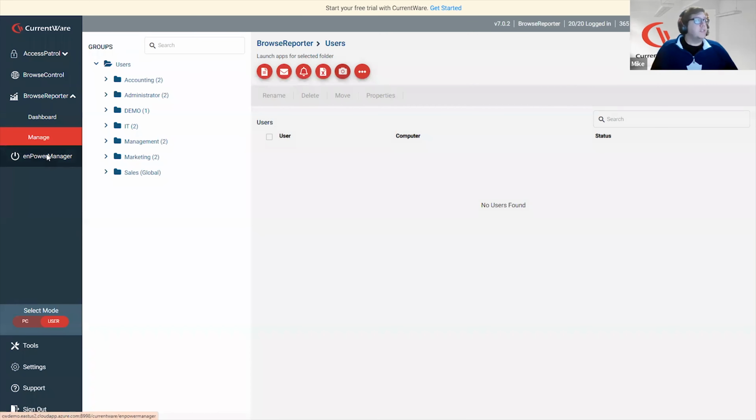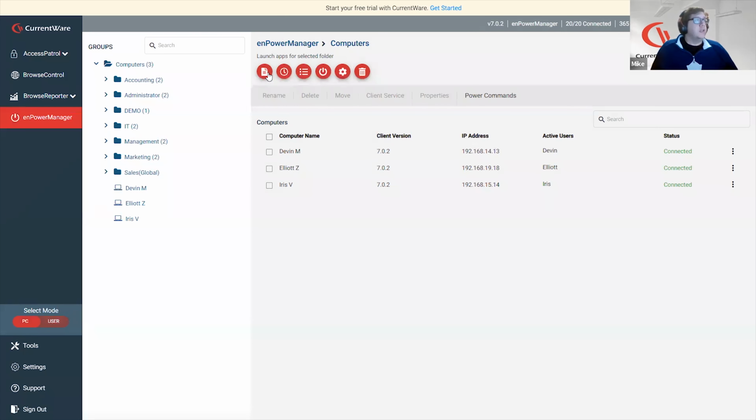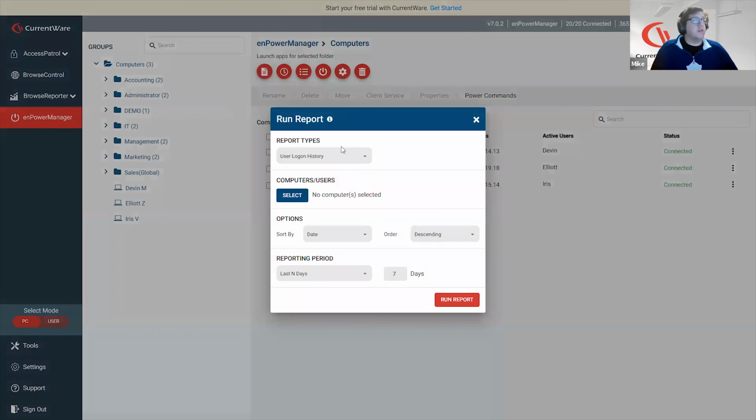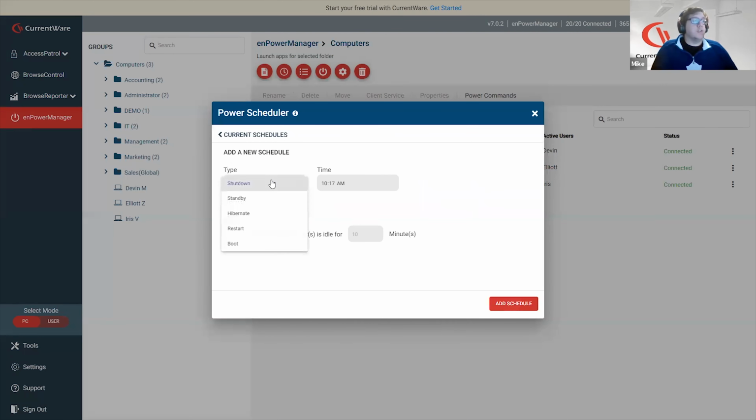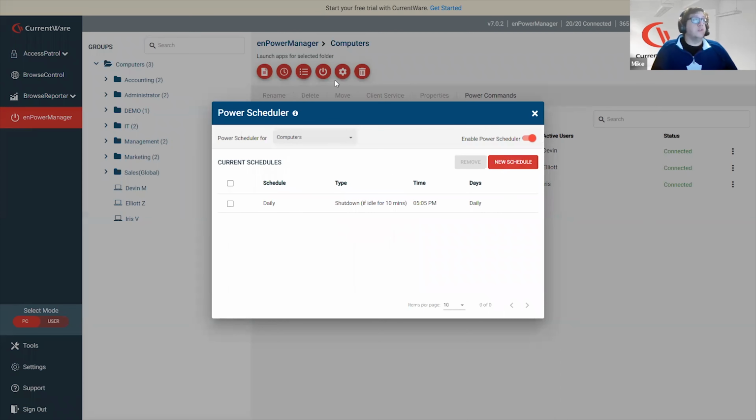And then the last feature, Empower Manager. Empower Manager would be the ability to run reports on log on, log off history, and when the computer started up. Some basic power commands or settings, such as a power scheduler. So being able to automatically shut down the computer at X time, automatically restart or hibernate computers, and being able to boot local computers,